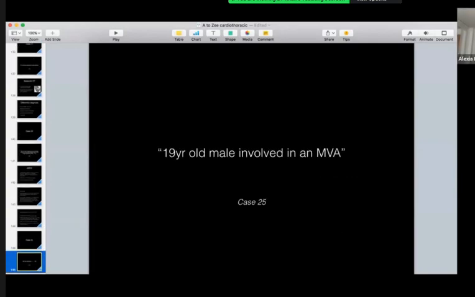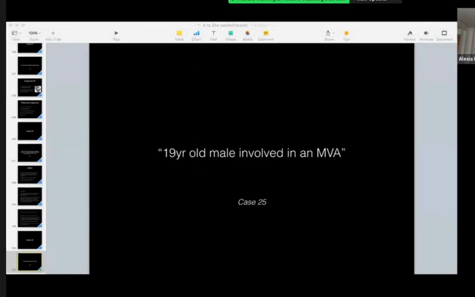So let's go to the next case. There's the history for you. A 19-year-old male who's involved in an MVA. So another trauma case. And we did a CT. So I've selected the relevant images and have a look